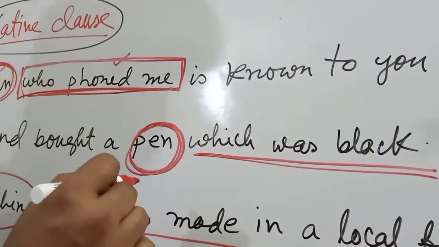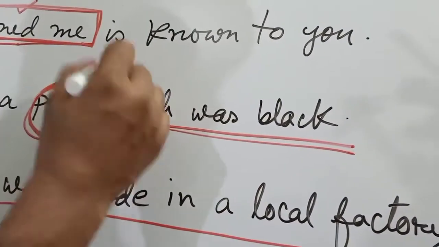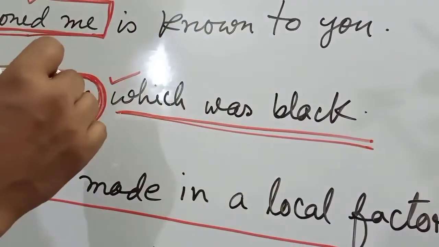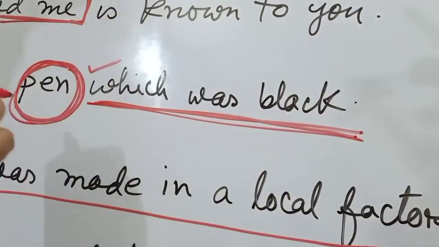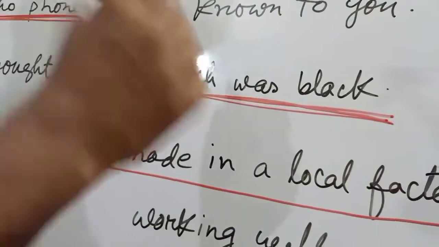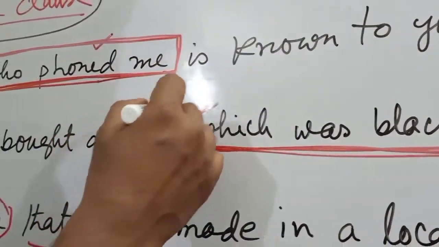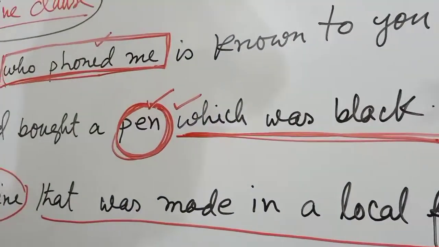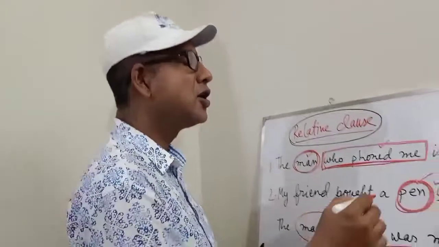Which pen? Which was black. And this which was black is a relative clause. This relative clause is giving extra information about the pen and at the same time has been used as post